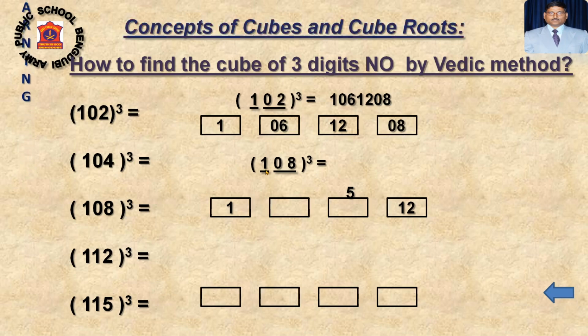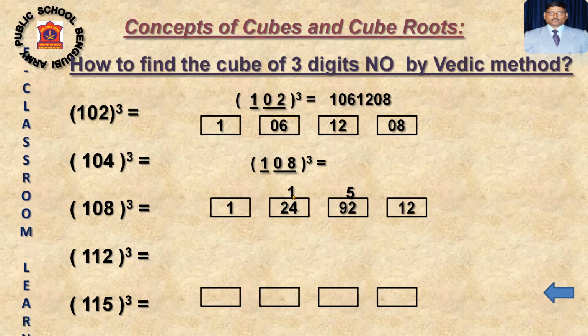Now again 1 square multiplied by 8. How much? It will be 8 only. 8 multiplied by 3 is 24. Now this square, 0 to 8 square, 8 8s are 64. 64 multiplied by 1 is 64, and then 64 into 3 is 192. So 92 will be here, 1 will be carried forward. Now add. If you have some carry from the next digit, you have to add. So 97, it will be 25.